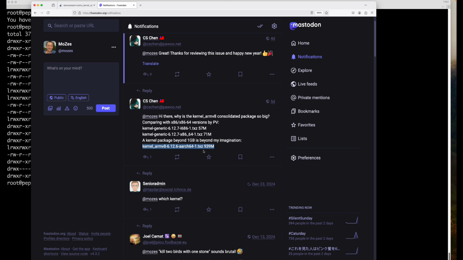That's great because it means the boot process is significantly faster, because the bootloader doesn't have to load about 300 megs off an SD card. It now loads about 60. So that significantly improved the boot speed. And when you upgrade the kernel package, it's improved the speed of the upgrade as well, because if you look at the package